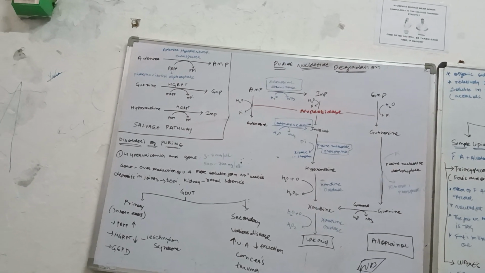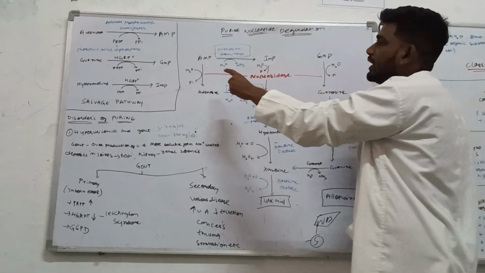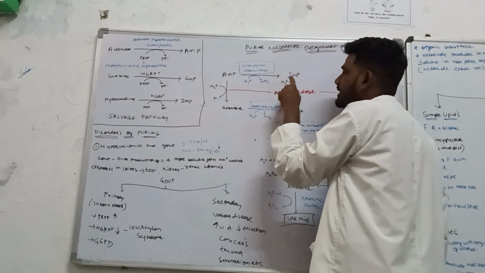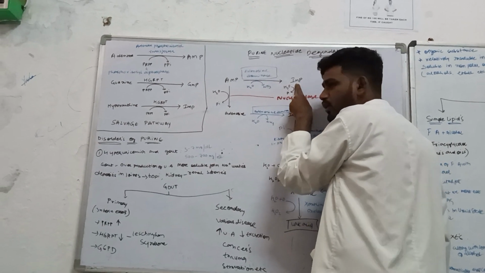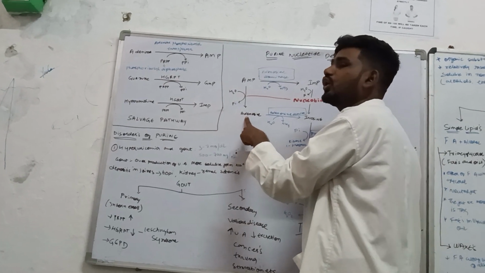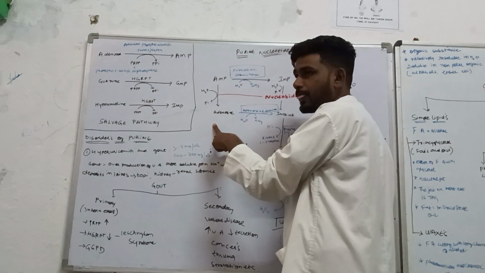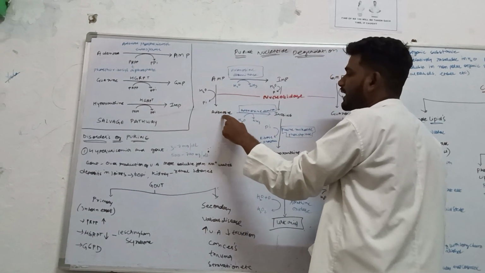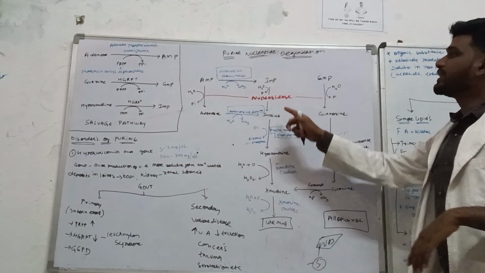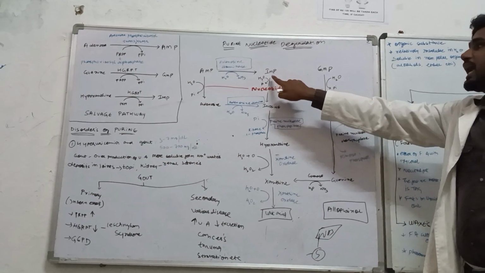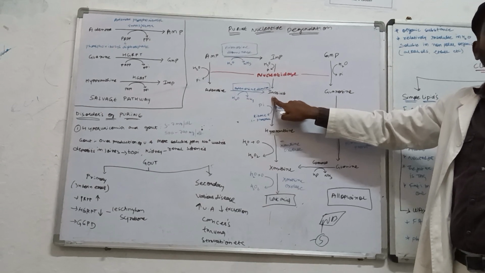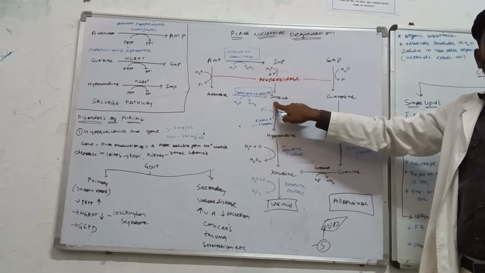So it can move in two directions. Either adenosine monophosphate can turn structurally by the deamination process into the molecule called inosine monophosphate, or it can turn into adenosine, which is considered a nucleoside because we are removing one phosphate group. Then, in the other direction, adenosine monophosphate goes to inosine monophosphate, where the phosphate is still there. So this inosine monophosphate can turn into inosine. That means it also turns into a nucleoside by losing one phosphate group.